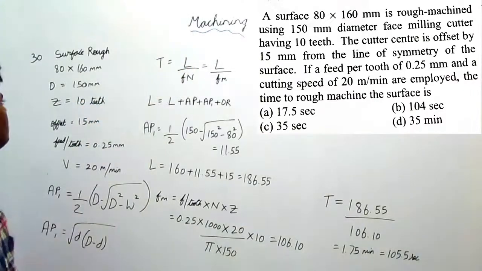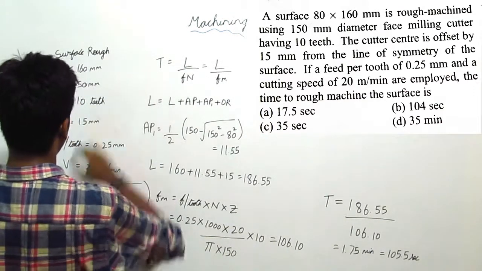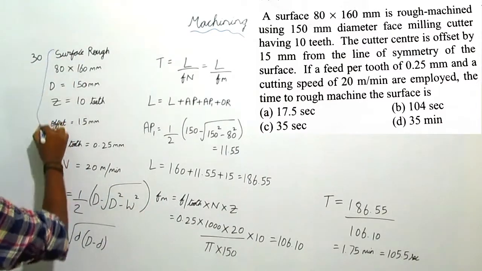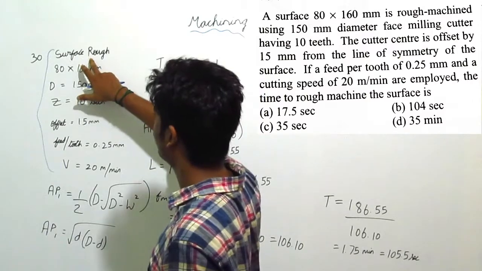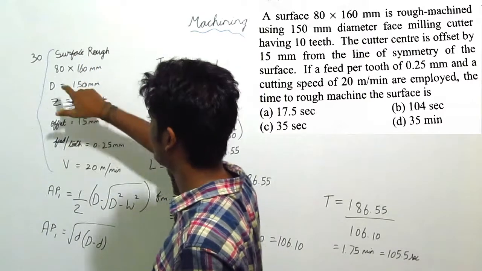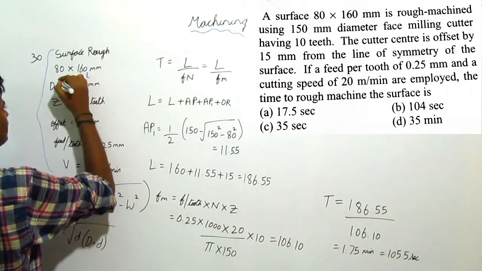and a machining process. The 13th problem asks us to find the total time taken for this milling operation. These are the given data. They have given the surface of the machining milling operation. It is length into, this is length, this is breadth.